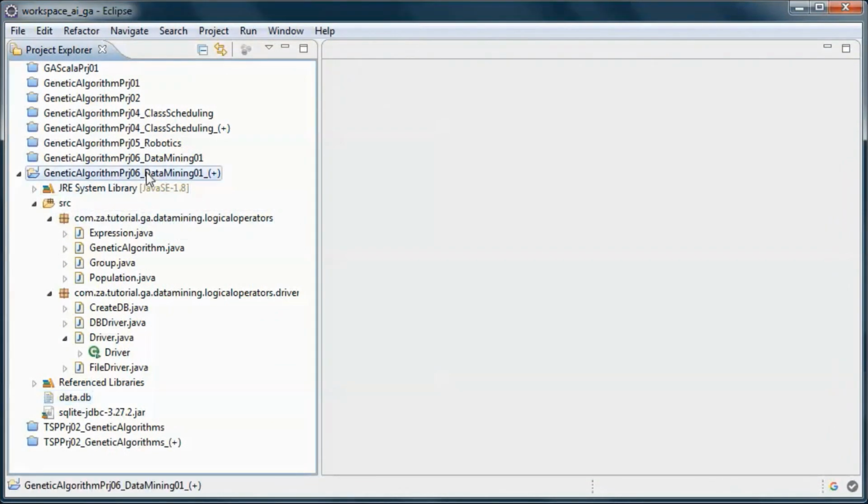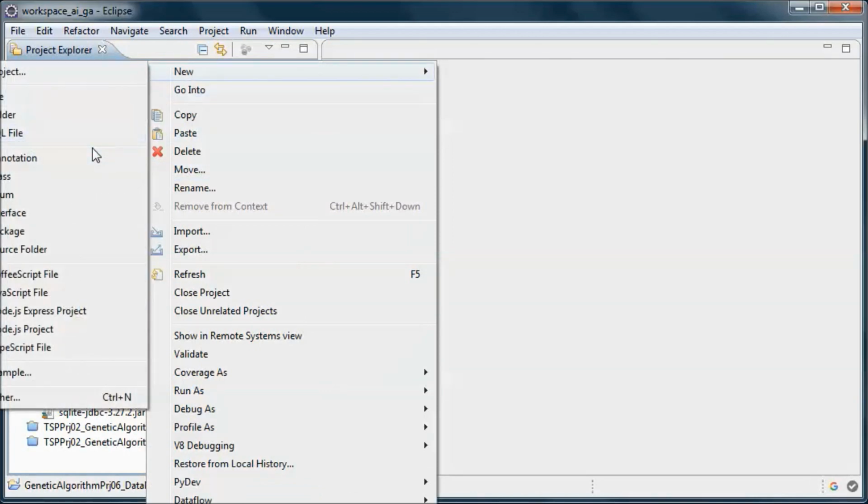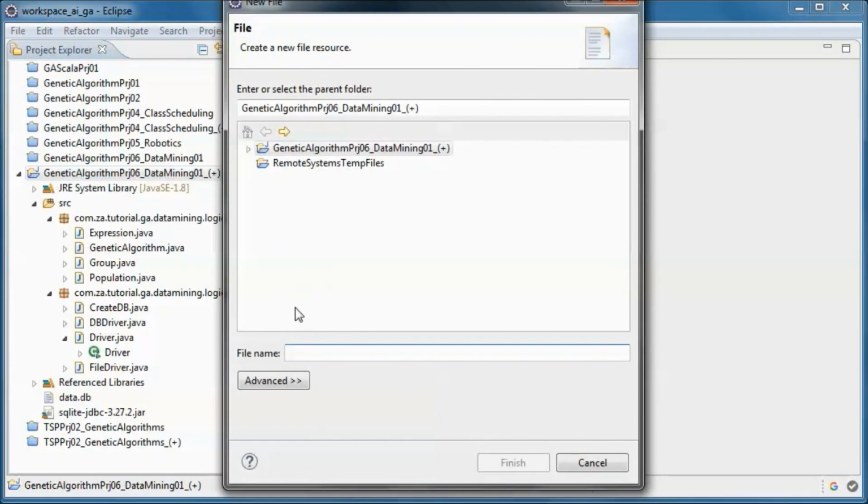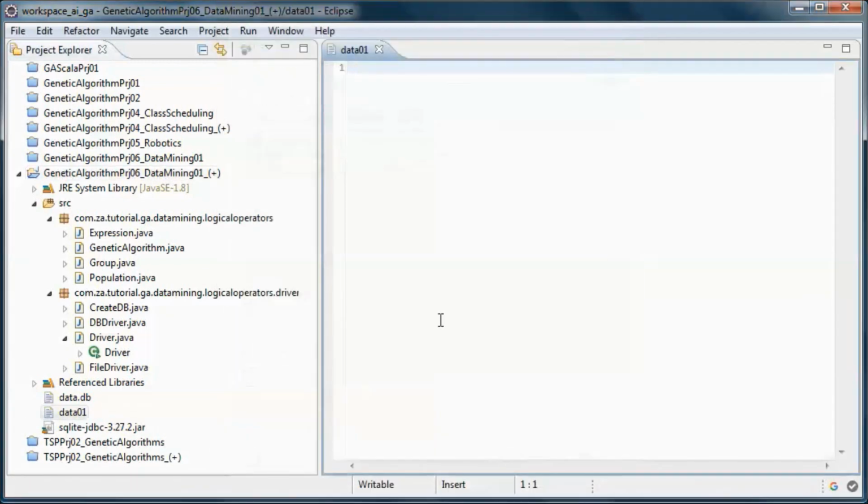And let's go ahead and create a new file. So we'll call it data01, and it will have those events, 4 events, and this column of expected results.